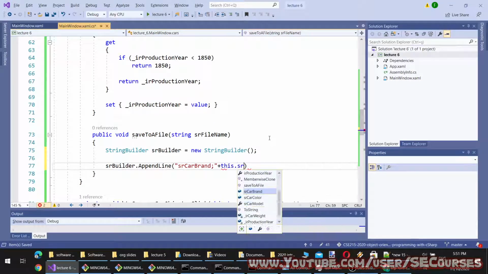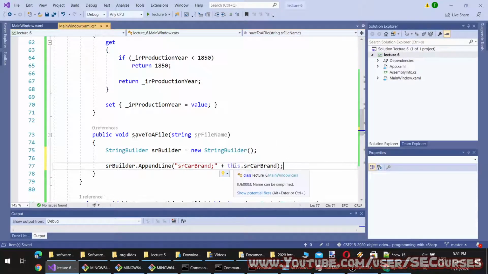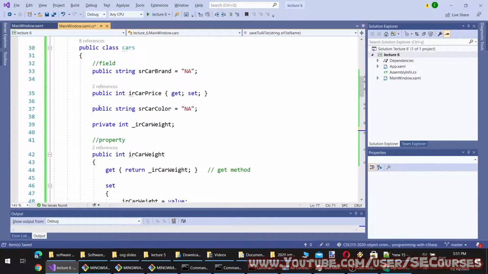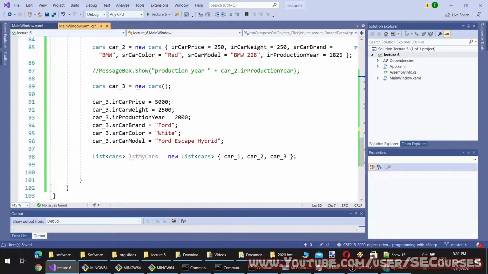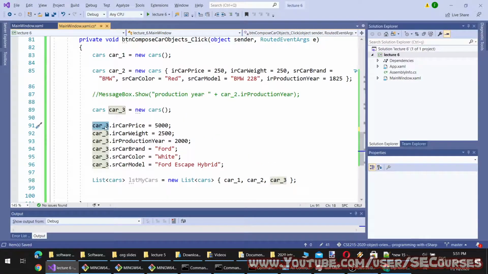this dot sr carburant. Okay, this means, in this context, the class itself. What I mean is, when we define an object of that class and call this inside of that object, it means the car3 instance.